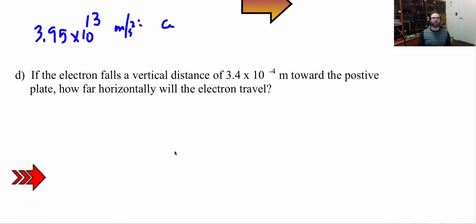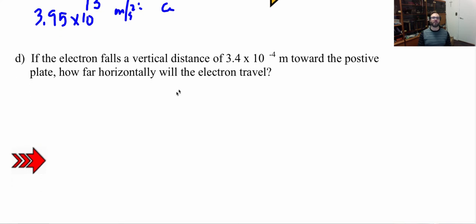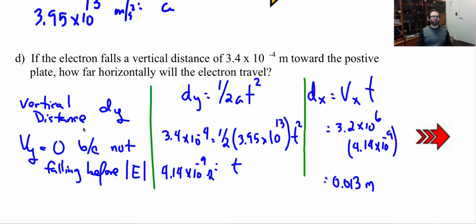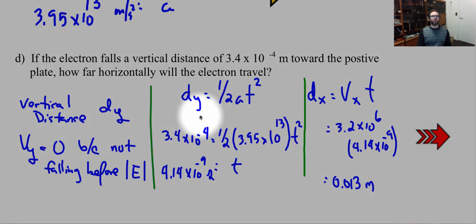Lastly, if the electron falls a vertical distance of 3.4 times 10 to the negative 4 meters towards the positive plate, how far horizontally did the electron travel? So first thing we must do here is find my time. In order to find my time, I first have to look at my distance in the y. We know my initial velocity in y is 0 because it's not falling before it enters the electric field. So I could use my distance in the y is equal to 1/2 times my acceleration multiplied by my time squared. That's going to give me 3.4 times 10 to the negative 4 meters, which we were given up there,